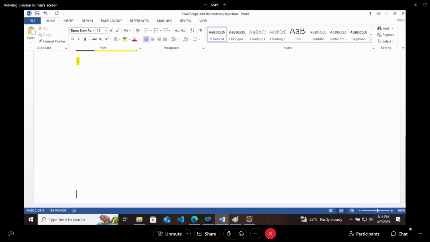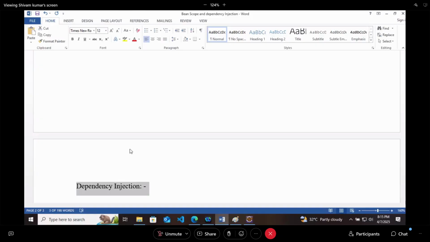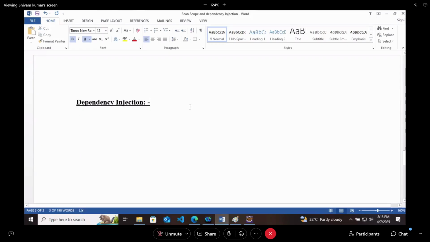The next thing that we are going to discuss here is dependency injection. Let me first write a single line definition for it. After that, I'll give you an example. Dependency injection in programming, because this is a normal term also which can be used outside of the programming world. So dependency injection in programming can be defined as